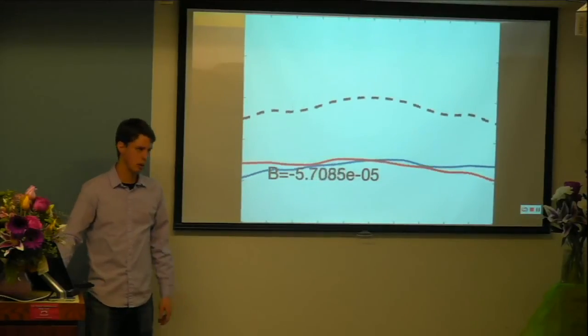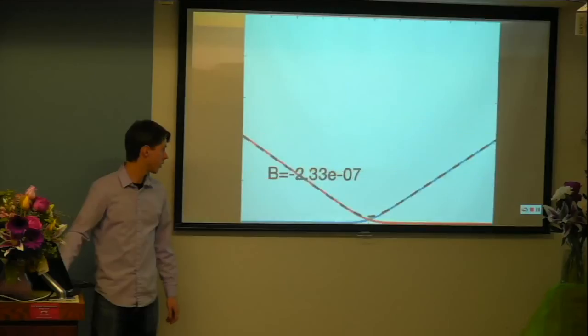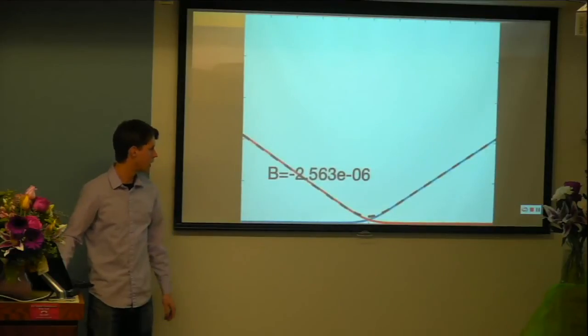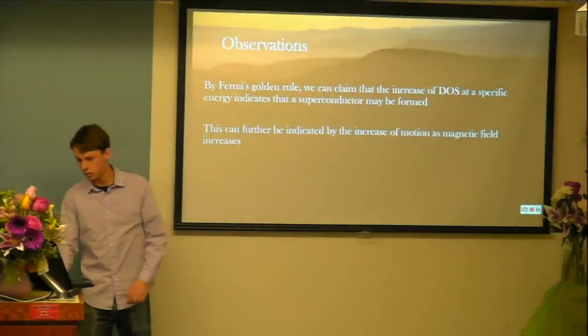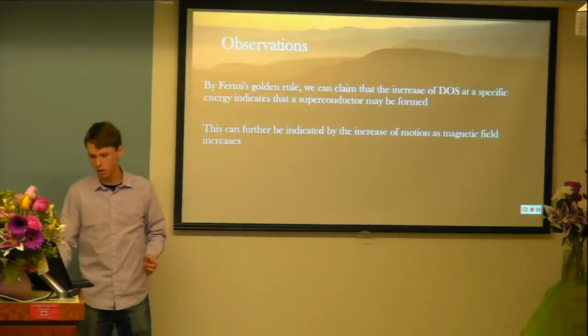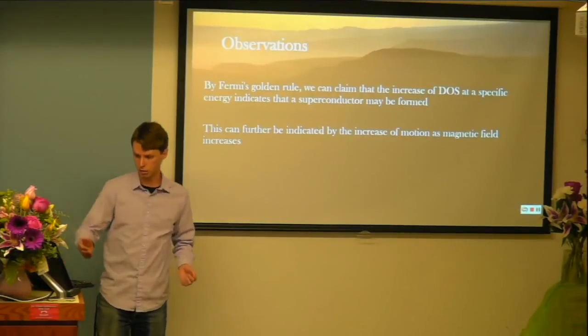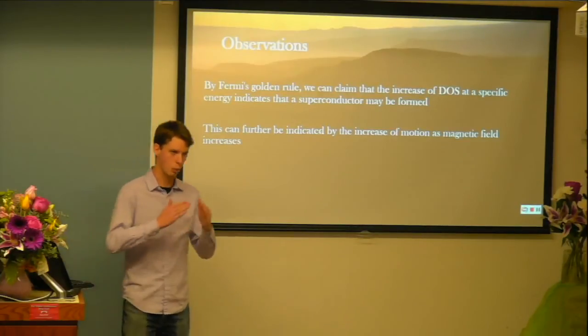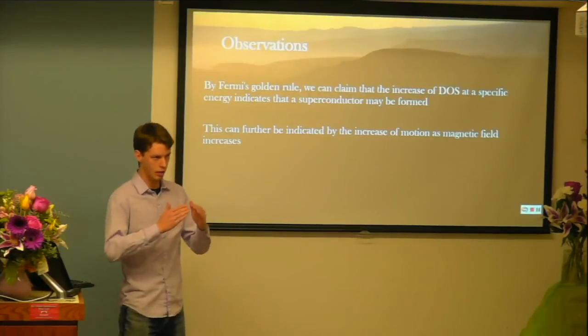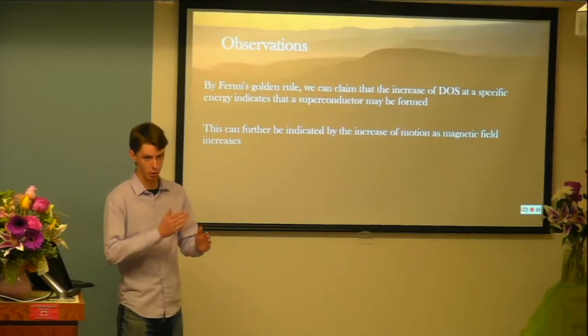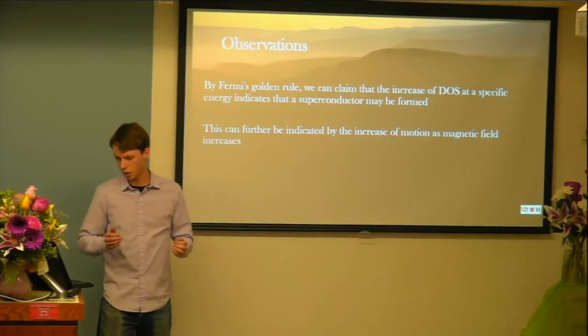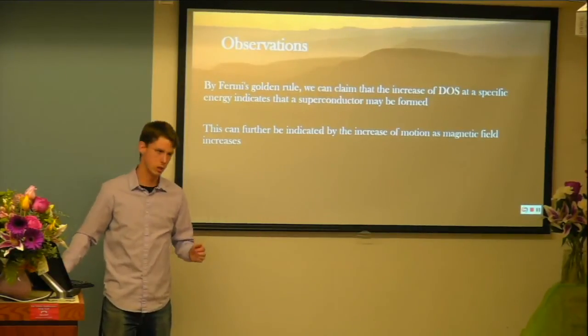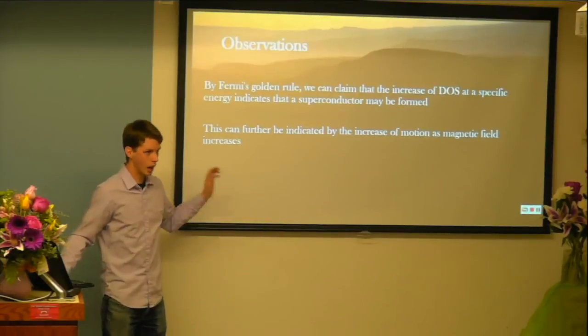Just for a little bit of a better visualization of the density of states over time. Some observations that could be made here, again by Fermi's golden rule: we can claim that as density of states increases at one specific energy, you could maybe see a superconductor being formed. And further indication of this was found when looking at the eigenstates found through this